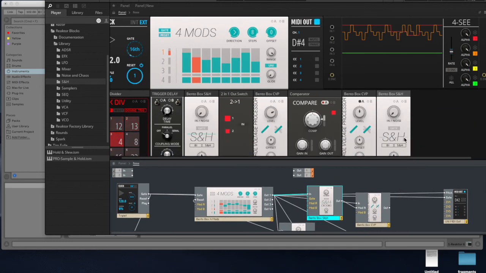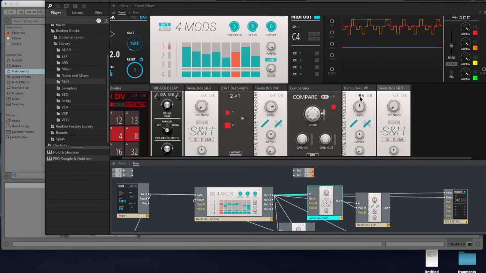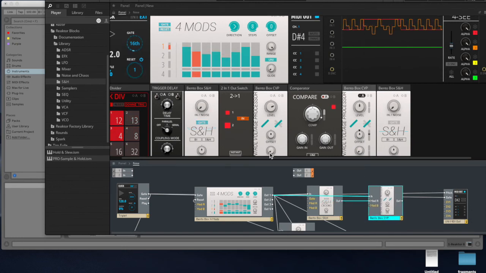And I want to modulate my offset here. If I put it on maximum, if this is 10, it's gonna sum another 10. I don't want this because then it just goes higher than 10 volts. So I'm just gonna do a little bit. Okay, so now since I have here a clock division,